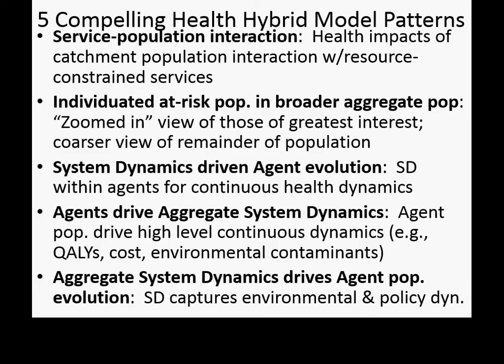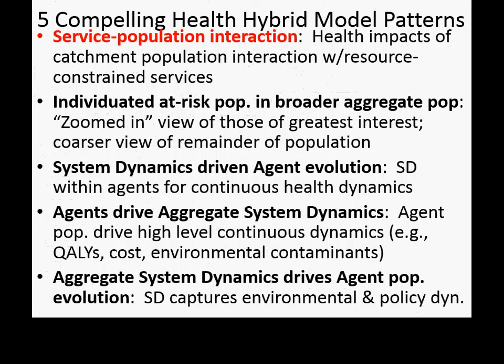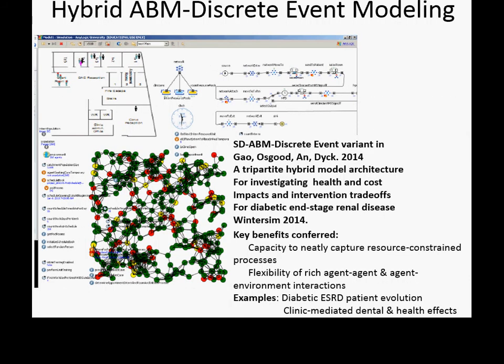So briefly, just to give you a glimpse, the first has to do with interactions of a service network with individuals represented in the population. So we have agents. These agents are represented using a classic characterization of an agent-based population. They're placed in networks or in geographies, and then they present for care in facilities such as clinics, which are described by discrete event models.